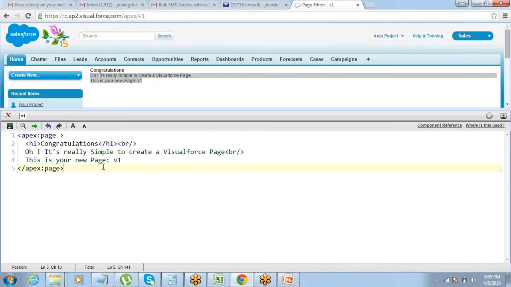There is no set of instructions, no controllers. It is a simple markup page. There is no logic control and stuff like that. We'll gradually get into that. So are we okay with the markup and controller concept? Does anyone have a confusion on that part? Markups we understand, controller we understand.